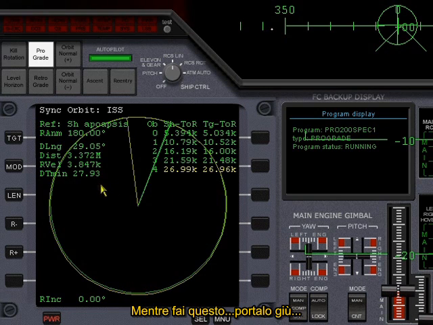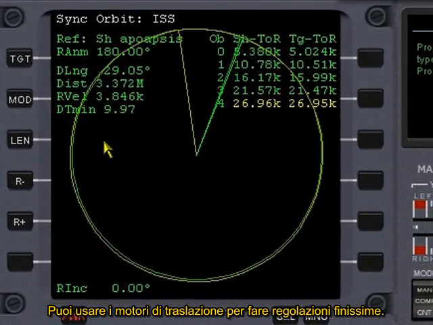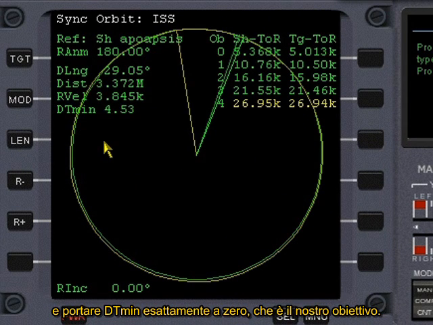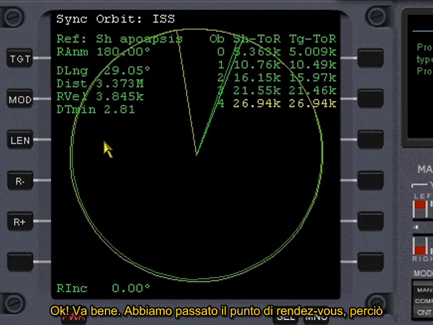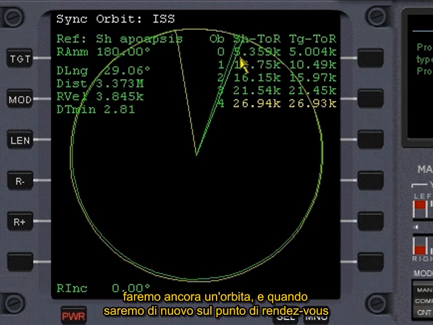Now while you're doing this, bring it down. Oop, that's a little too much. Now you can use your translation thrusters to fine-tune this and get this to 0. You want to get this right on 0. Okay, that's good enough. We're past the rendezvous point right now, so we'll just coast around